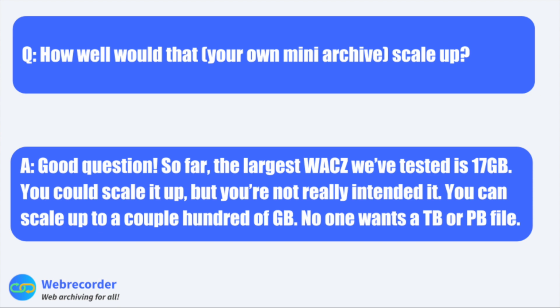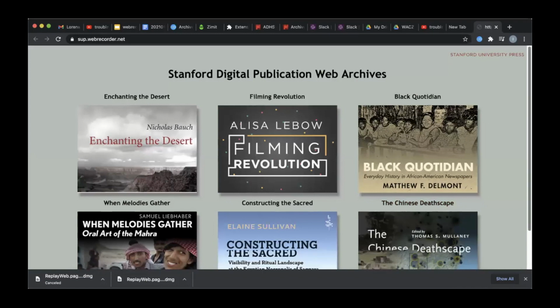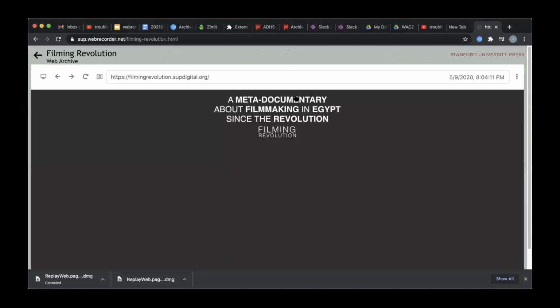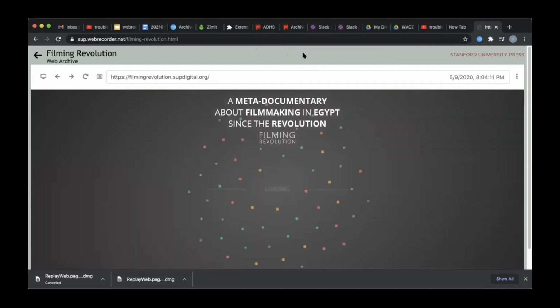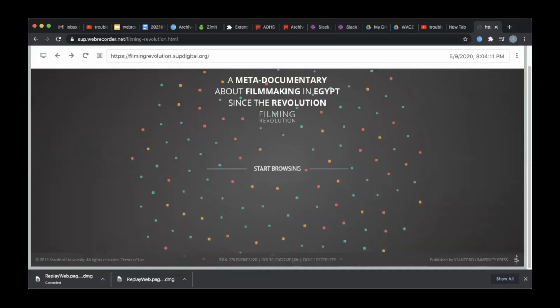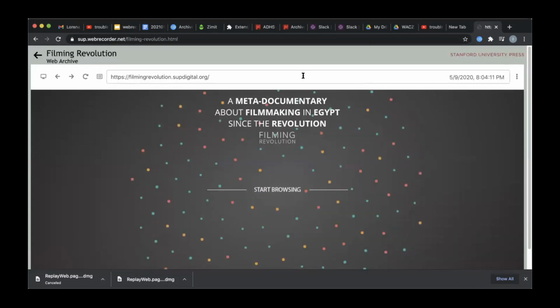So I shared the link here, and this is what you can do with Replayweb.page and WACZ files: each of these sites is loaded. This is just a very simple custom site, and it embeds Replayweb.page inside of it. I believe this particular site is 17 gigabytes,